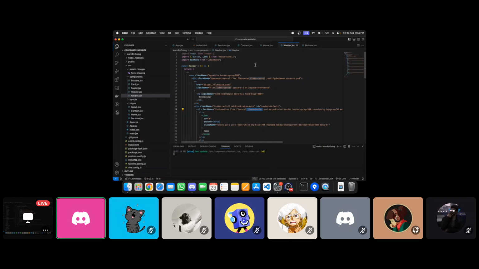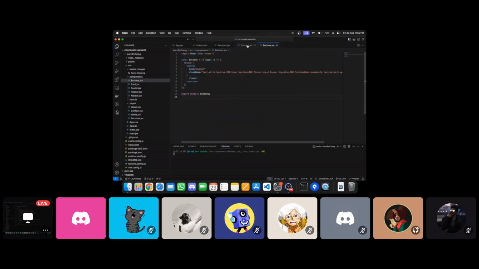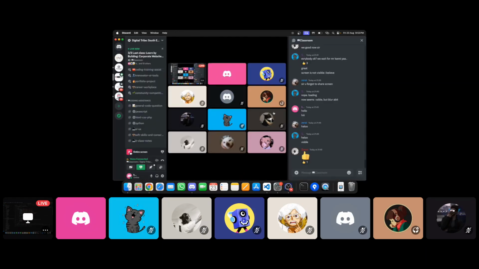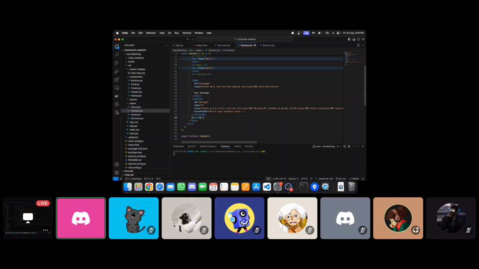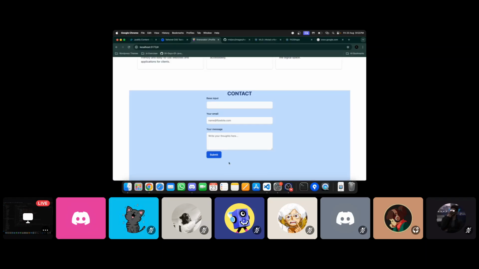Okay, so let's add the button here, which is at contact after the text area. Okay, buttons, then the label, which should be, okay, submit. So here we already have the button. We'd like to modify it a bit. So what we can do is className. We want to add some padding at the top. So T2. Okay, so that's nice.